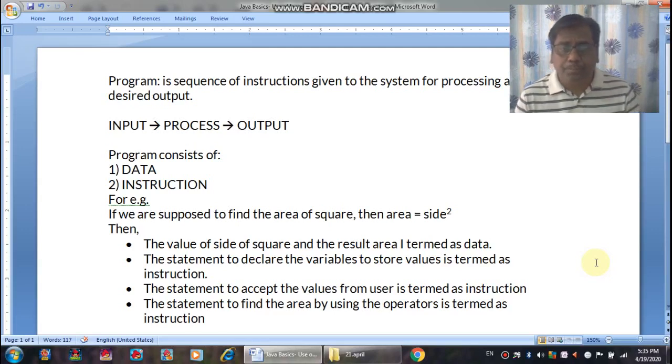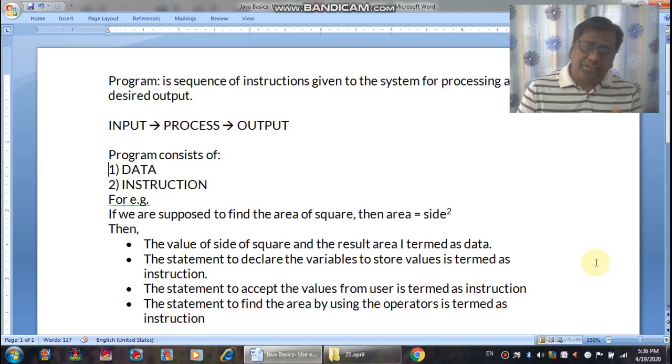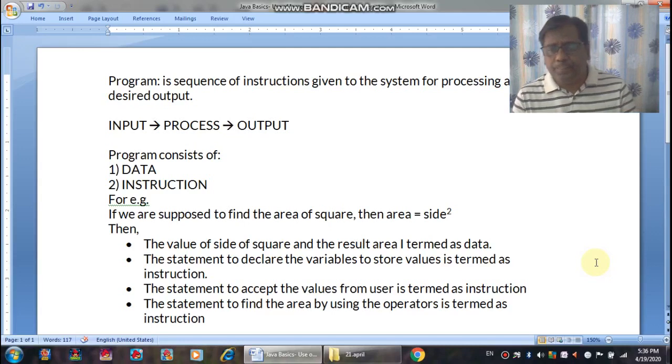We need to process, we need to operate, we need to calculate something. And when there is a calculation or a comparison, anything of that sort, we need operators. That means to complete a program, we need keywords, identifiers, variables, data types, and operators to operate. We use either arithmetic operators, or logical operators to join conditions, or relational operators to compare values. These are the things that we have already gone through, and these are the basic terminologies that we require when we are going to create a program in Java.